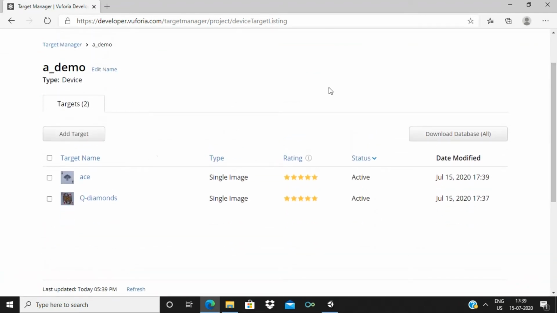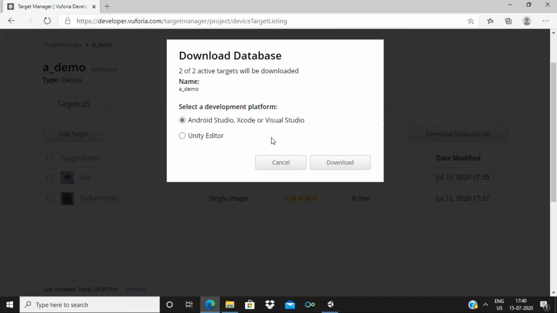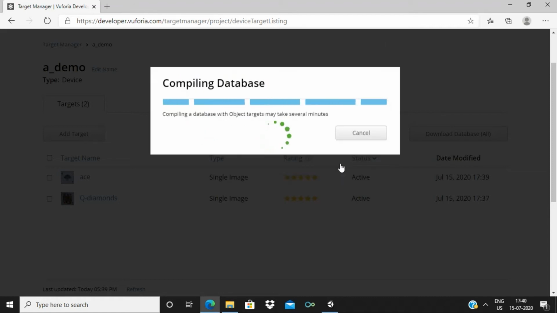Now what you need to do is download database. We need to download the two of them, that too in Unity editor, and click download.